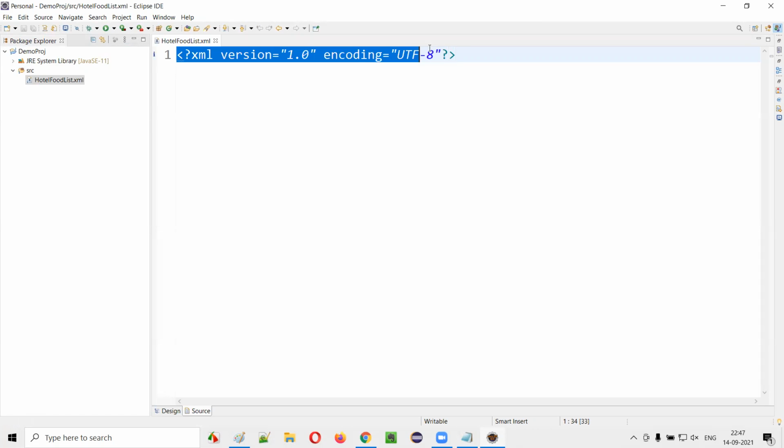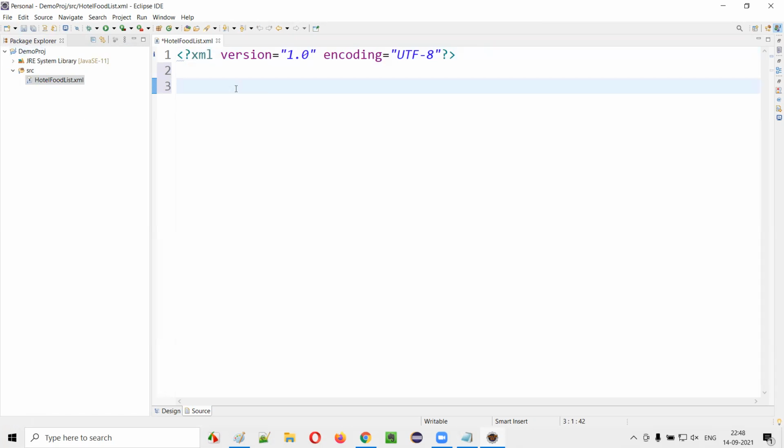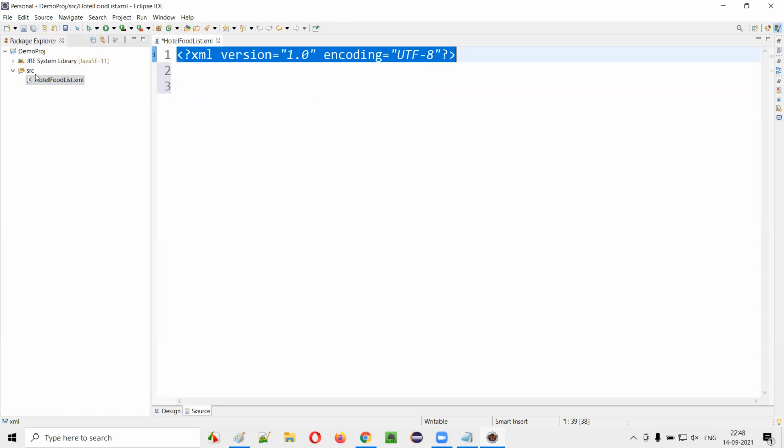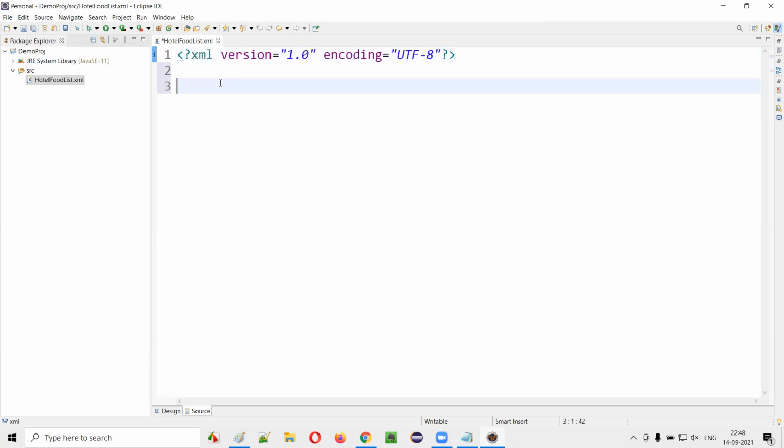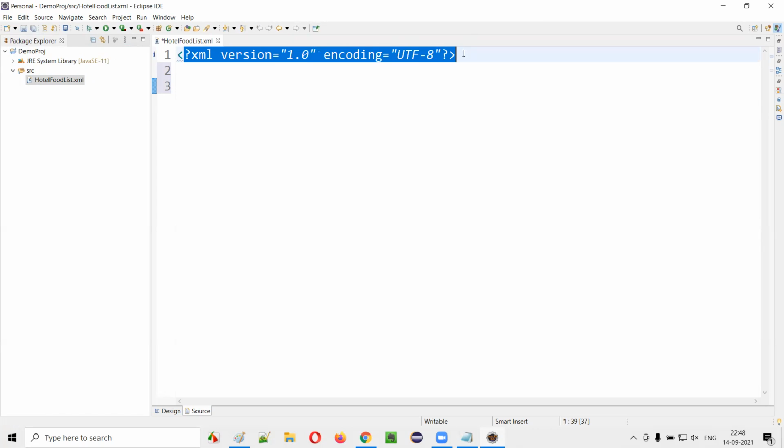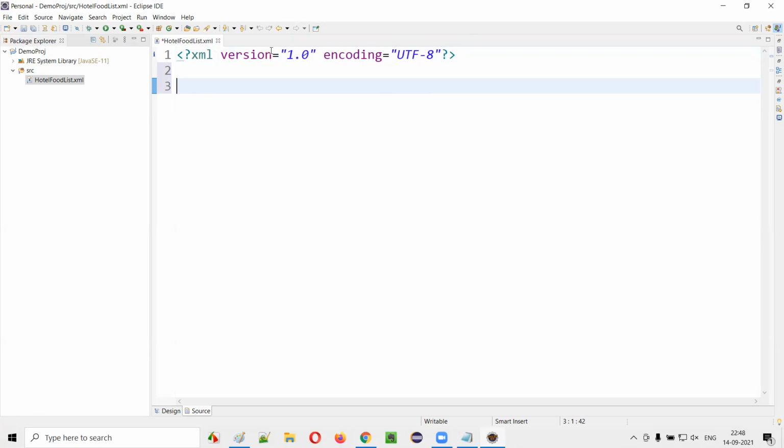Okay, you see some text is by default added. Earlier when I created the XML file in Eclipse IDE, this statement had not come, but with this way of creating the XML file, you will also get this statement. I'll explain more about this statement later, guys. For now, let it be. Don't worry. But for now, ignoring this line, I'm going to write the same